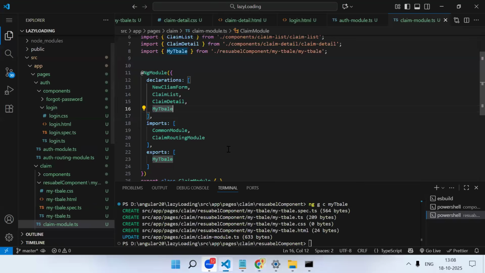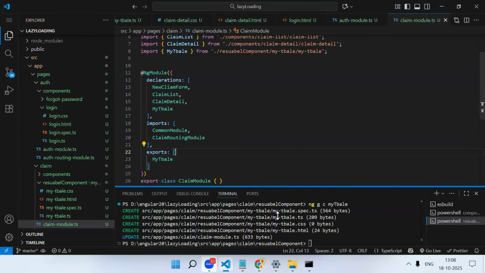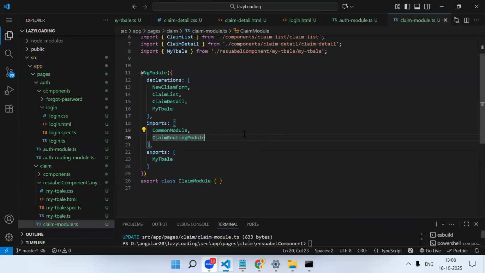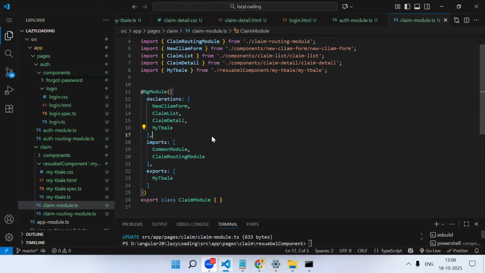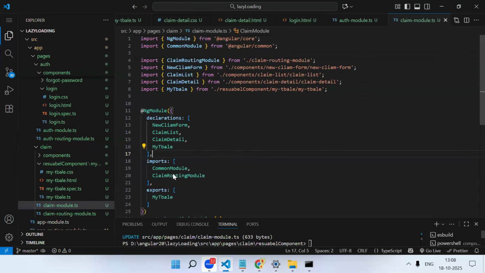But what is the problem with this? We are able to access one component from one module in another component. Okay. But do we have any disadvantage over here? Everything is working fine also, right? In every component we will be using